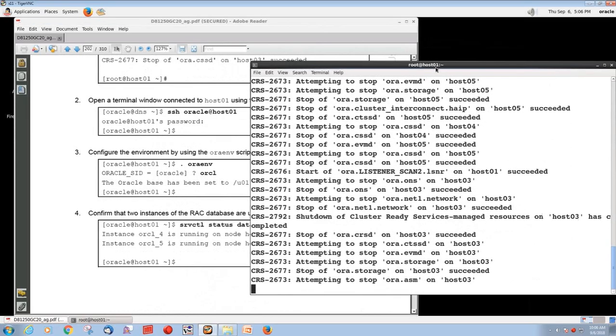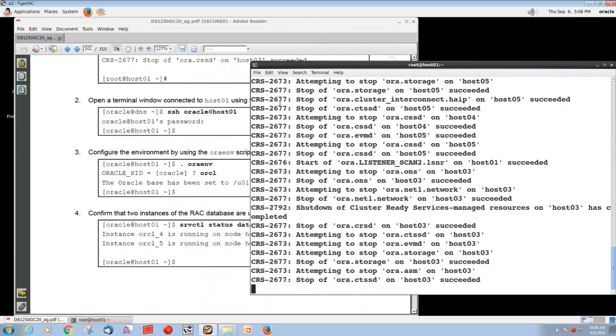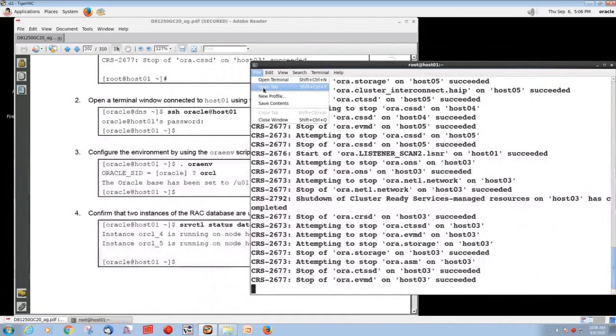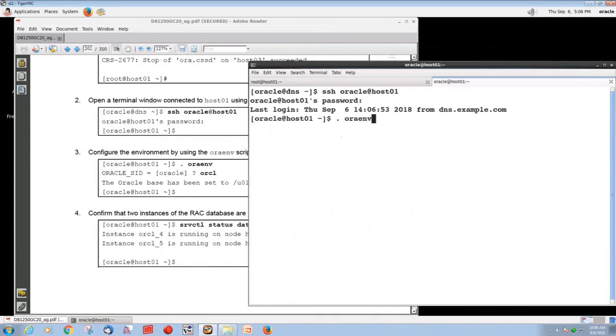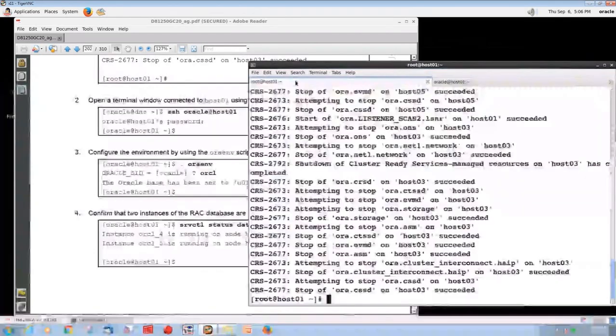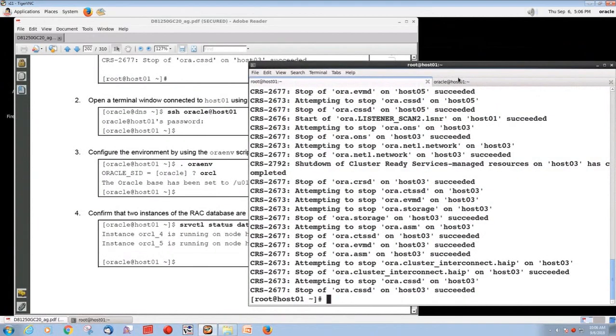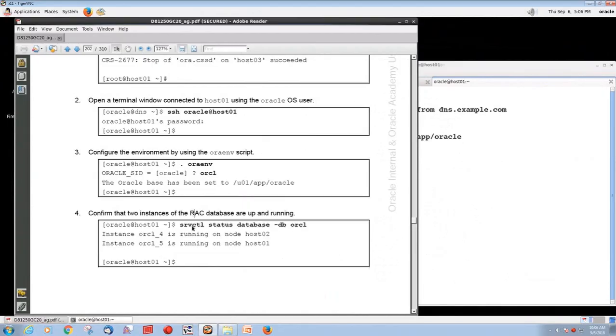And then I'm going to open a second terminal while it's running. I will not do anything else, but I will just prepare. So I will connect to host 01 and set the environment variable. And then everything is down. So I will check